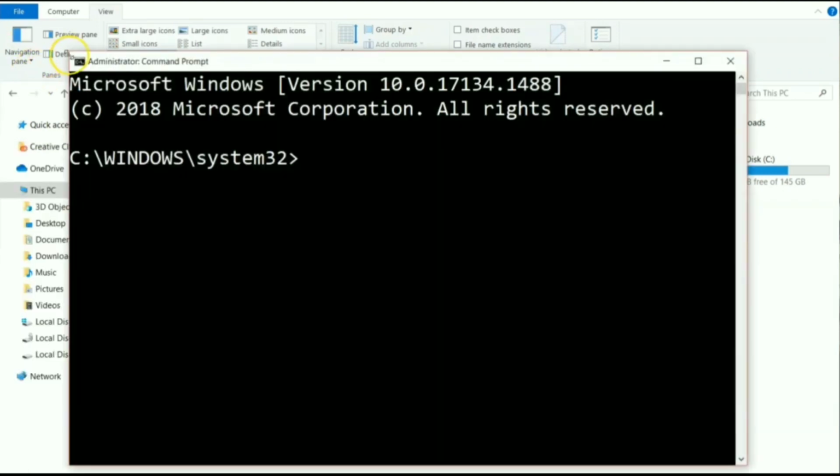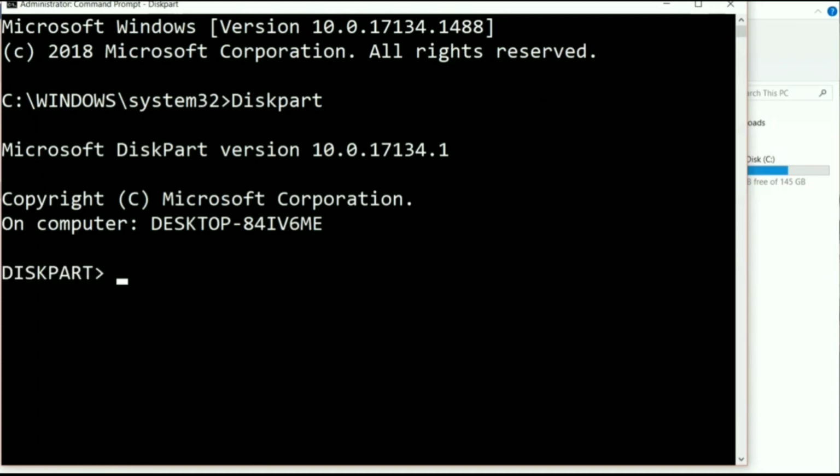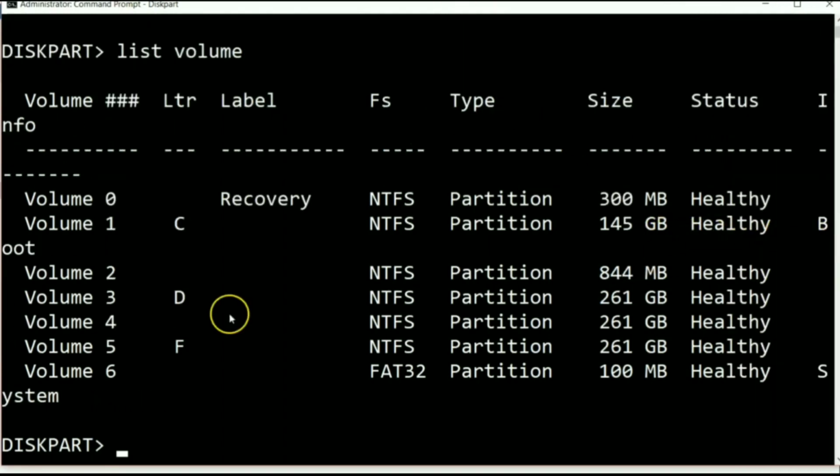Again you have to follow the same commands: diskpart, enter, and type list volume, enter. Now you have to select a particular volume. We dealt with volume 4 when hiding, but now the letter will not be assigned. You have to remember that it was hidden with the letter E. Now select the particular volume. Okay, so select volume 4.